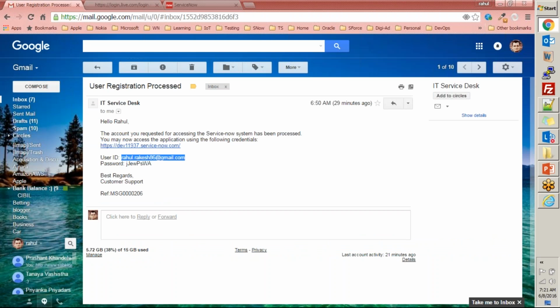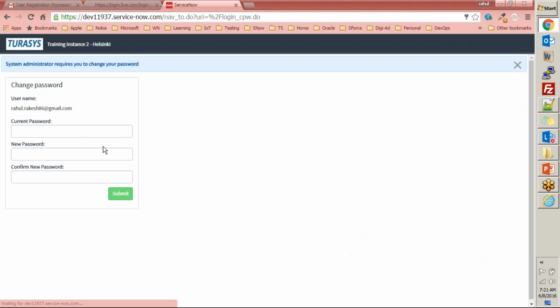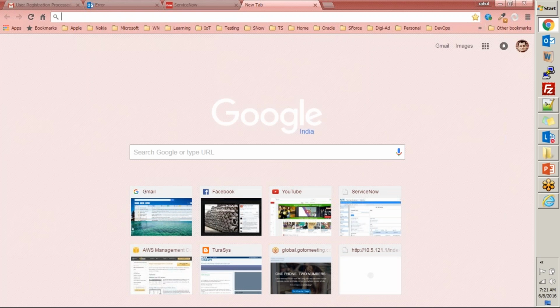This is the email ID. Let's go for the password, which is a temporary password in this case. I'll copy paste it and I log in. So when I log in, it asks me to provide current password reset. So it asked me to reset the password, and I have to provide the current password, which is a temporary password, and then the new password that I am choosing for myself, right? So if I go ahead and find out that user,